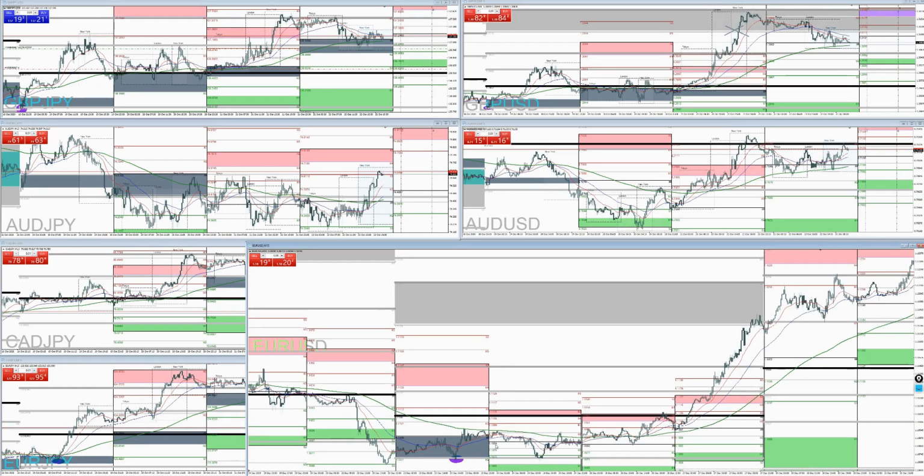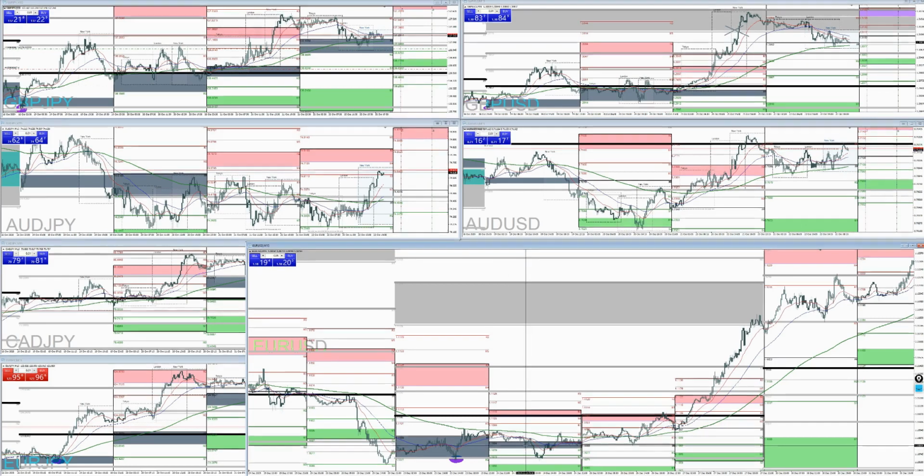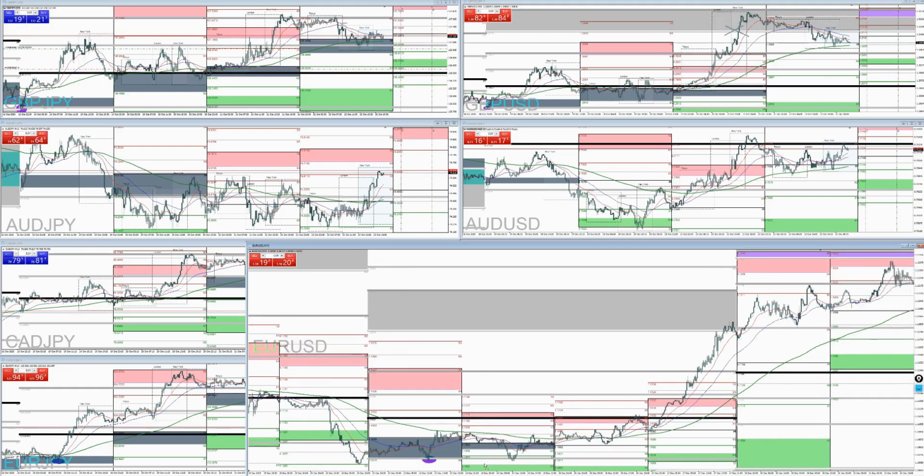If we have a sideways pivot, we're going to be looking at entering in as close to M2 as possible. Let's go ahead and mark this out. We most likely got stopped out at -10 pips. Because it bounced here off of the M2 weekly, we still have a valid setup.